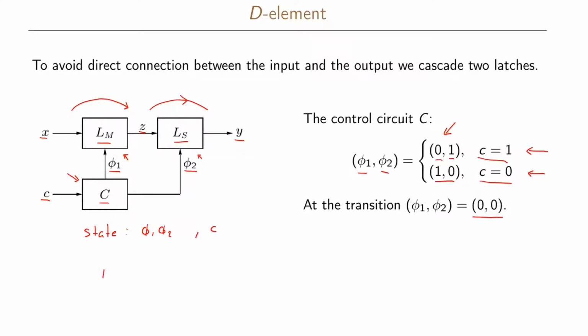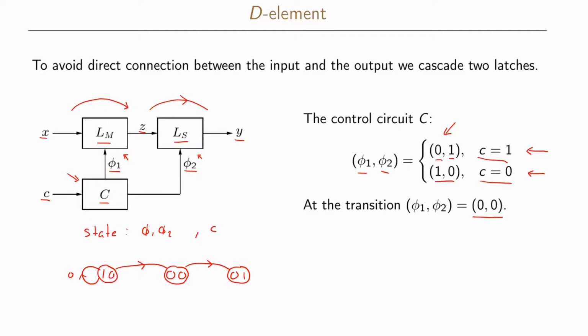We have the state 1, 0, which represents phi1 is 1 and phi2 is 0. We have the state 0, 0, where both phi1 and phi2 are 0. And then we have the state 0, 1, where phi1 is 0 and phi2 is 1. If we are in state 1, 0 and have a 0 as an input, we stay in this state. If we have a 1 as an input, we want to go to the state 0, 1, but through the state 0, 0